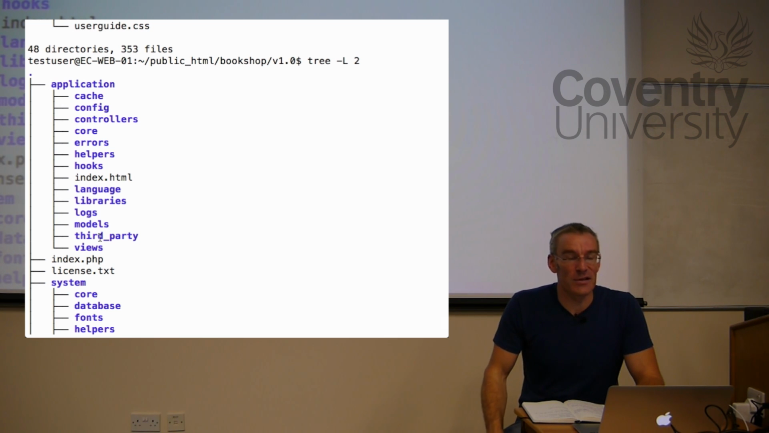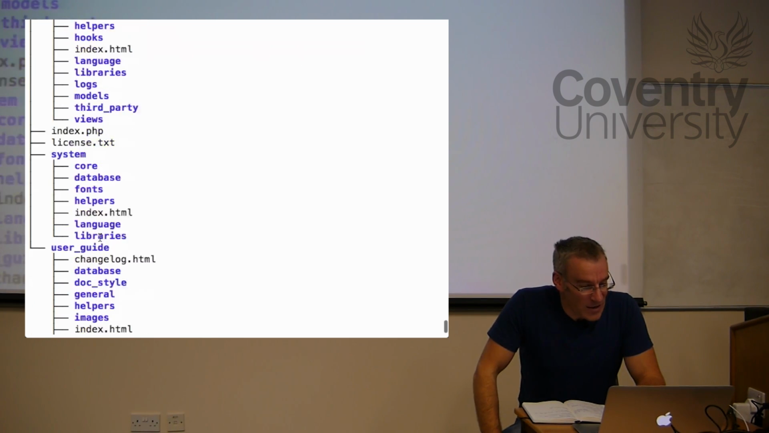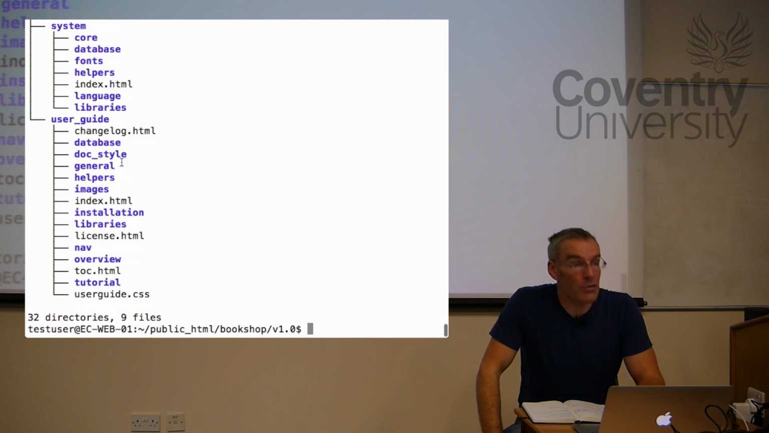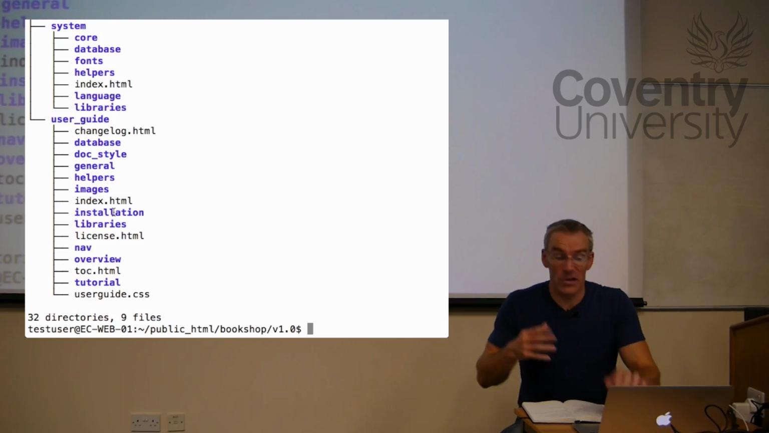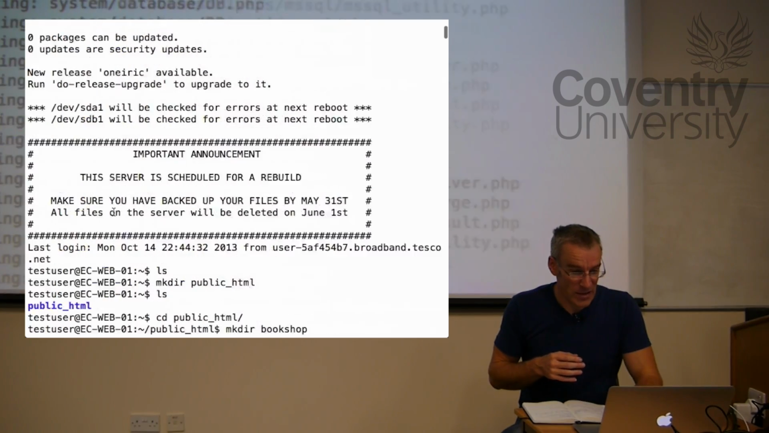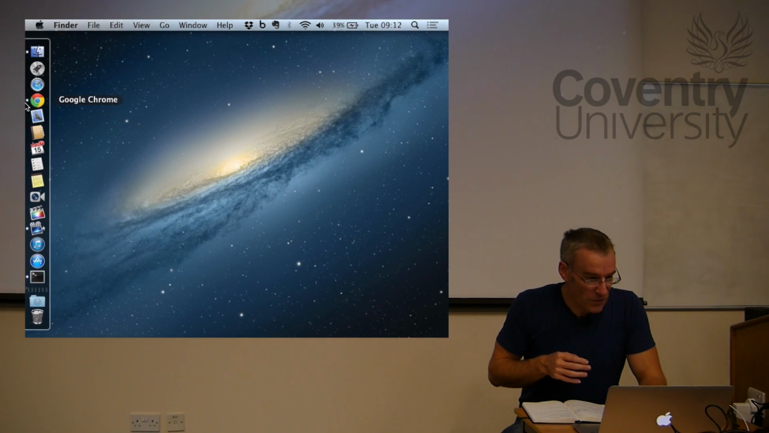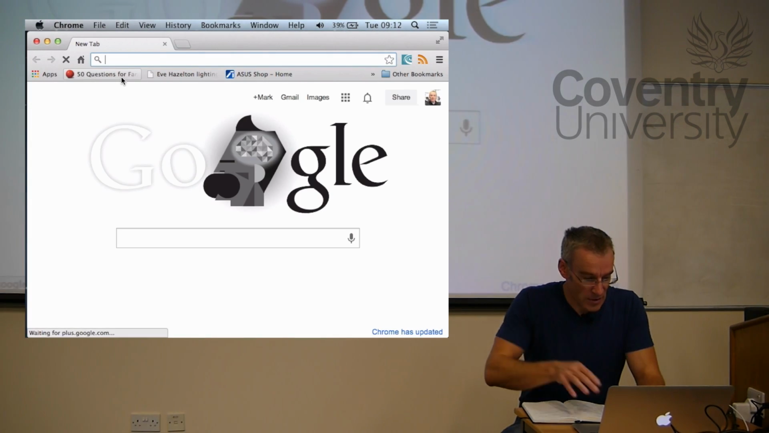It's flashback time. In the system, I've got all the core libraries, and the user guide, I've got the full documentation in there. So everything's there ready to go. So I can now test this. Oops, wrong way. So let's go back. Let's fire up a web browser, and let's